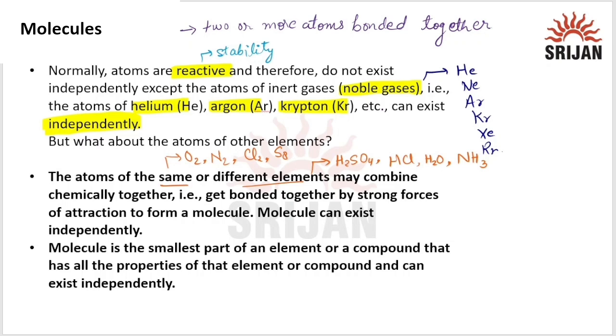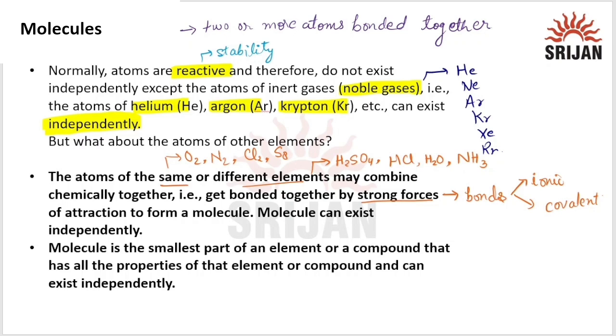They get bonded together by strong forces. These strong forces are known as bonds, and broadly there are two kinds of bond: ionic bonds and covalent bonds. Ionic bonds are formed by the transfer of electrons and covalent bonds are formed by the